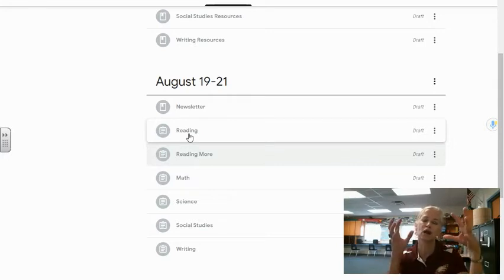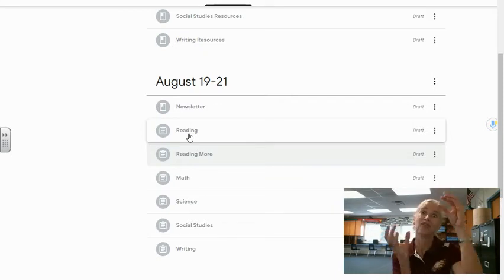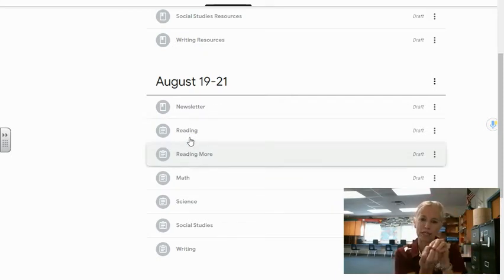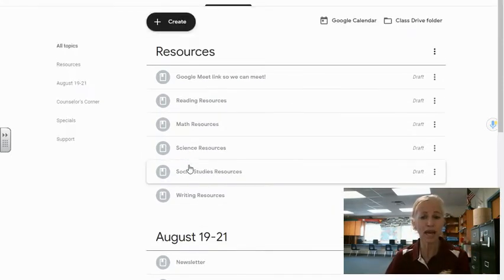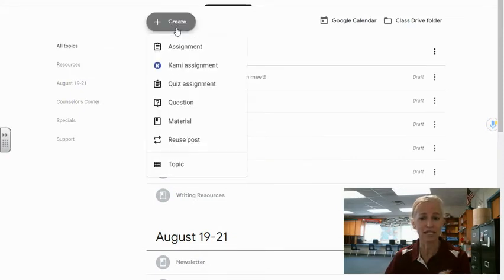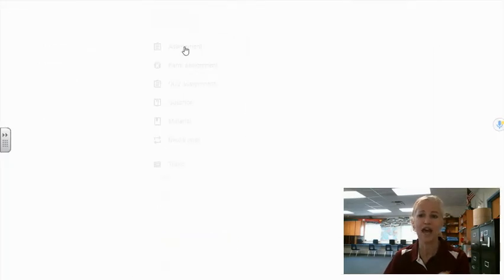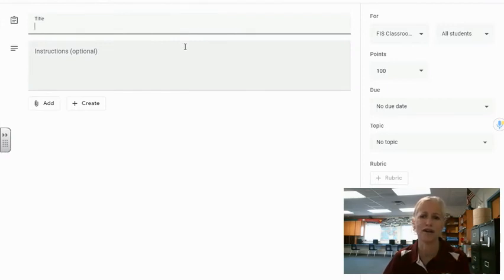So you really want to try to house as many activities, assignments within an assignment, kind of cluster it. But you do have the freedom of adding these. So let's show that again. You could add another reading assignment on Friday. Oh, I forgot to put this in there. So you're just going to say reading